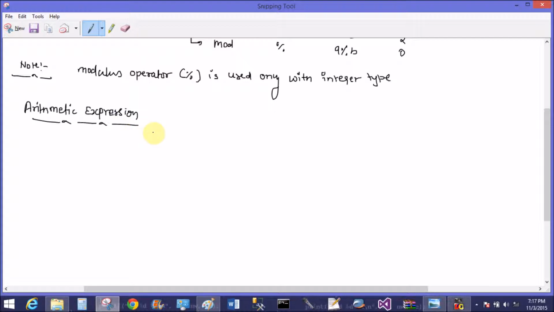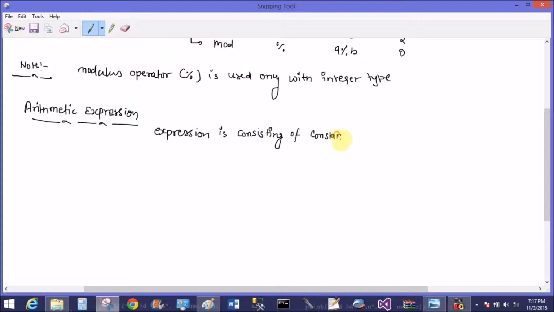Now talking about arithmetic expressions. What is an expression, what is an arithmetic expression? An expression takes one or more arithmetic operators. So what is the definition of an arithmetic expression in the C language?